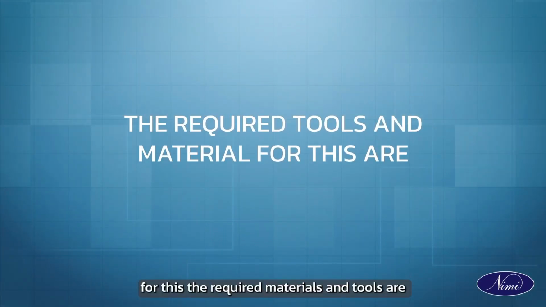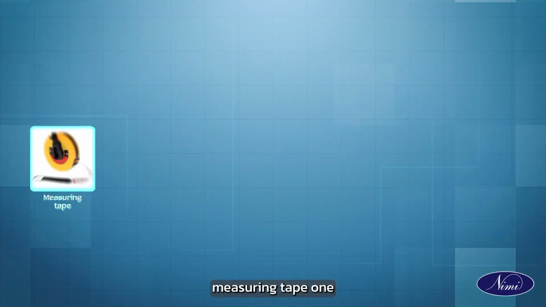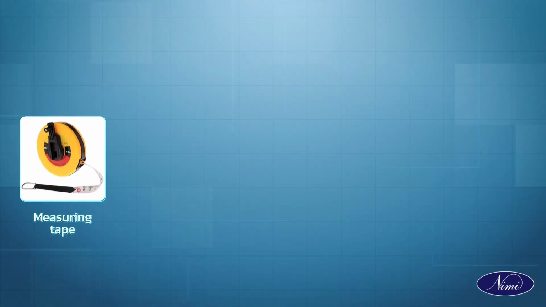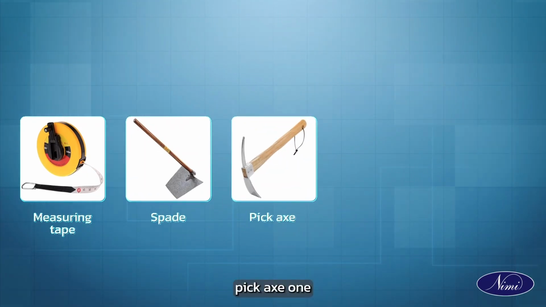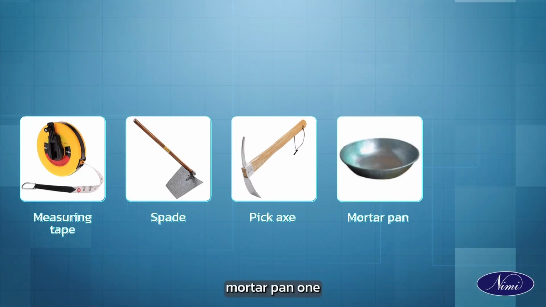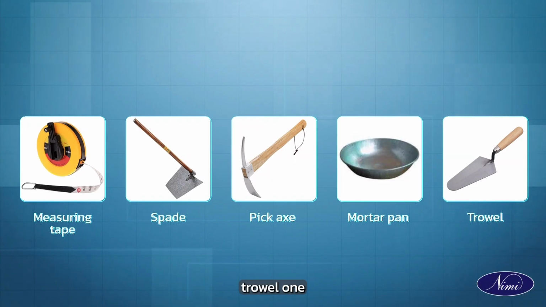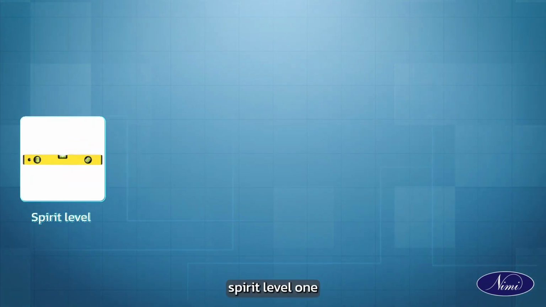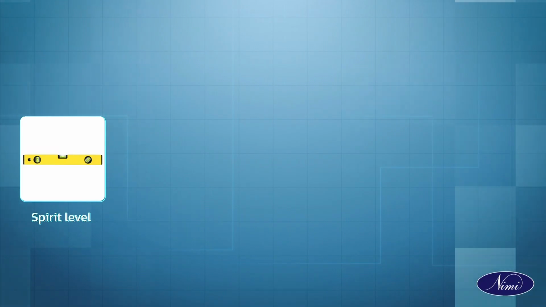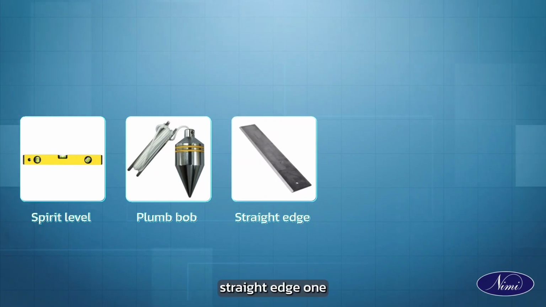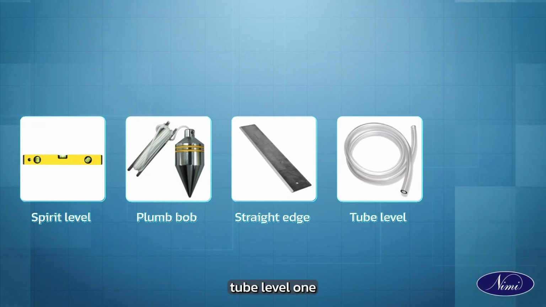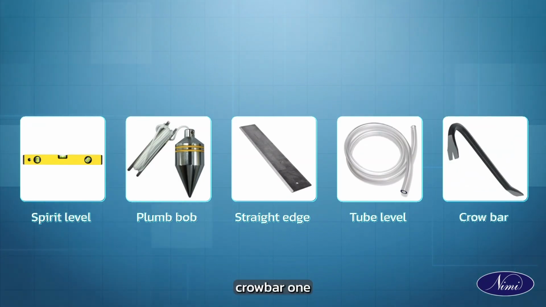For this, the required materials and tools are measuring tape 1, spade 1, pickaxe 1, mortar pan 1, trowel 1, spirit level 1, plumb bob 1, straight edge 1, tube level 1, crowbar 1,